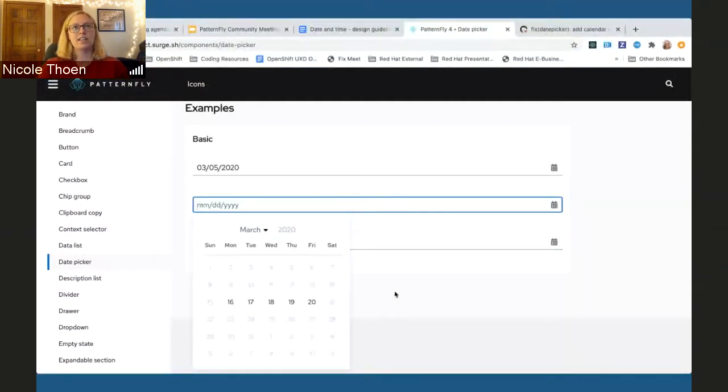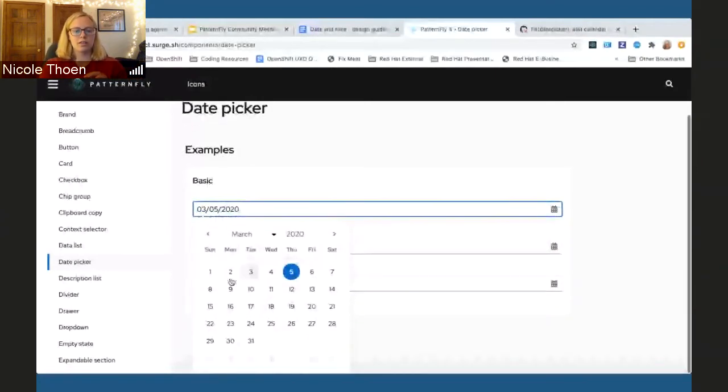And we've been finding that every third-party library, every group that's built a date picker or a time picker has their own priorities. The desire for it to be fully keyboard accessible, for somebody to be able to type in the date completely without having to use a mouse, but also being able to select a date from the date picker using only their mouse, are both things that are high priority for us, both in our date picker and in our time picker. So because of some of these unique desires, which we believe are important for a very accessible